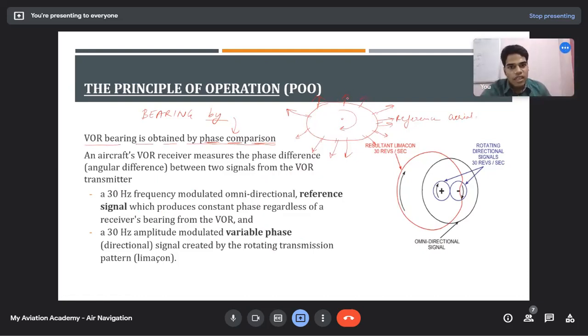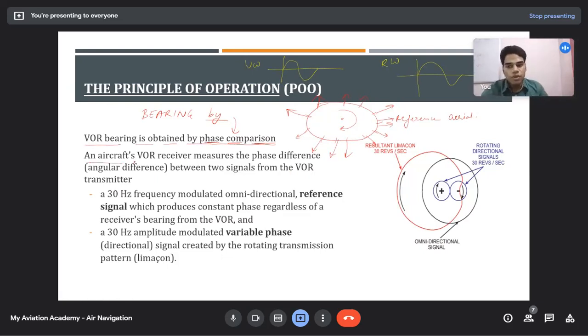Now, wherever the phase, now what do you understand by phase? I will also draw the diagram. Phase is basically the polar diagram. So there is a reference wave, okay, and there is a variable wave. Both are radio waves, so both will have their own graphs. Wherever the reference wave and the variable wave overlap each other, because the aircraft would be present there, that is where we'll find the bearing. No problem, this is just the introduction. We'll see what the words speak.